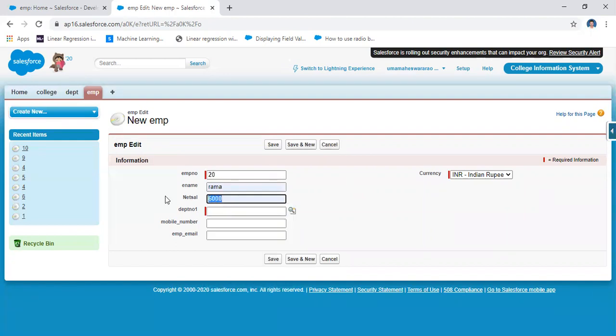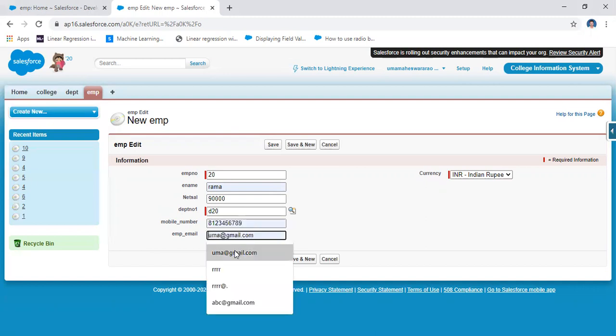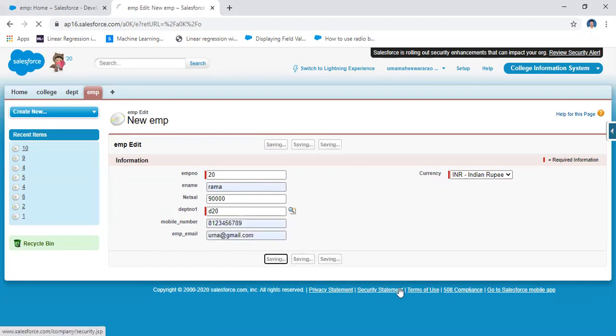I am adding the employee value, for example 90,000, and then the department number 20, mobile number, and then email address, like this. Save it.